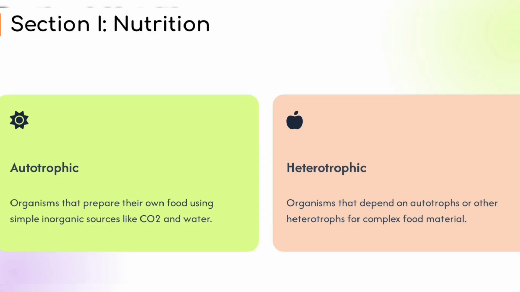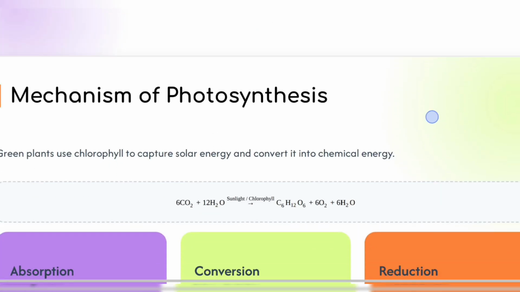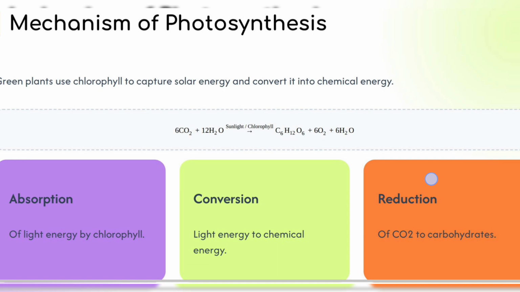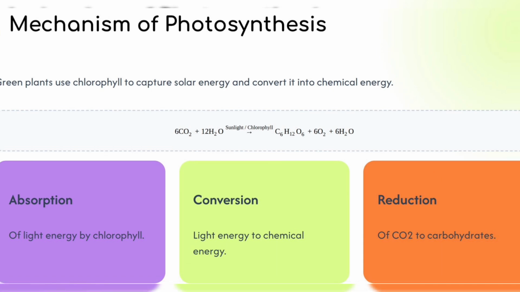Next, we will study about mechanism of photosynthesis. Mechanism of photosynthesis. This is a very important topic. Okay. Green plants use chlorophyll to trap sunlight and convert it into chemical energy. Okay. The overall equation is on the screen there. You can see. Now there are three main steps in this: